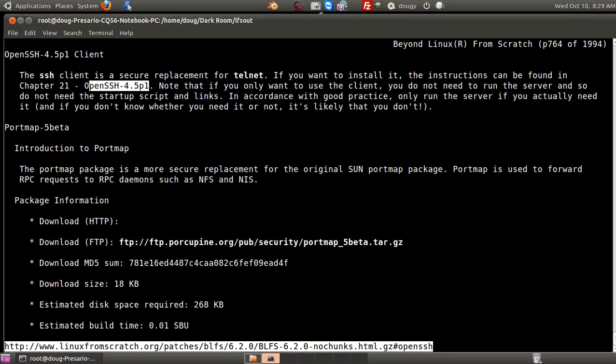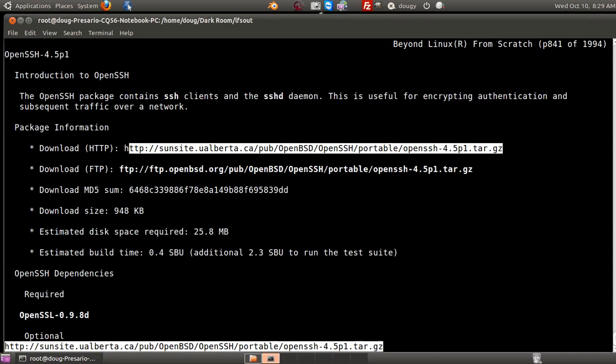But that's a lie, because with OpenSSH, the only thing that makes you a client or a server is a config file. And I took the config file from my Ubuntu machine. I'll show you where it's at in a second. I took that config file and I copied it and I put it on my LFS machine, and I